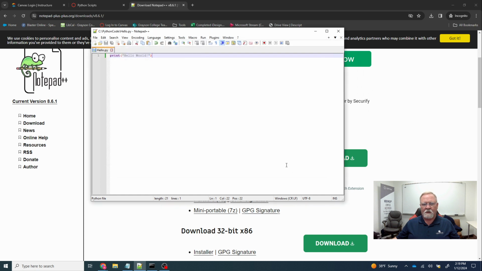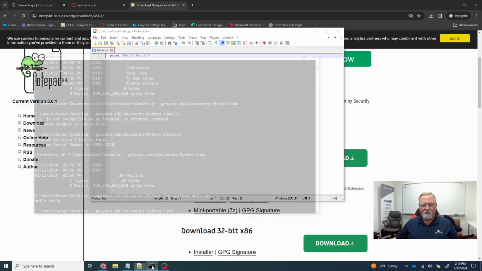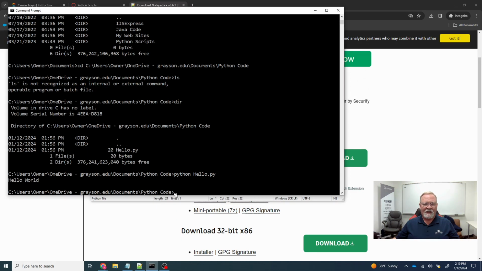Okay? And so it's saved, and now we're going to run it. We run it the same way that we've run it all the time. We run it in the command line. This is not something you can double click on, at least not yet. We'll get there, but for right now we're going to run it from the command line. So go ahead and open up your command prompt, and you're going to have to